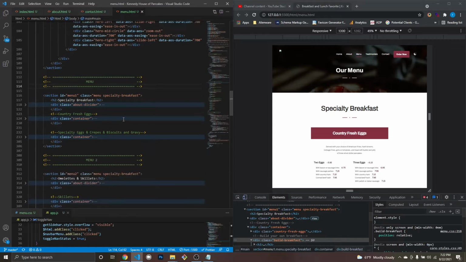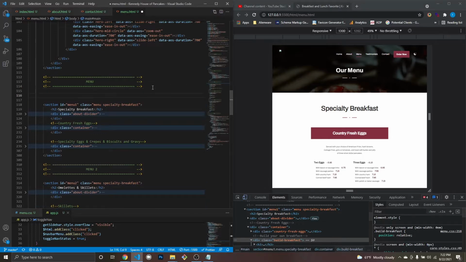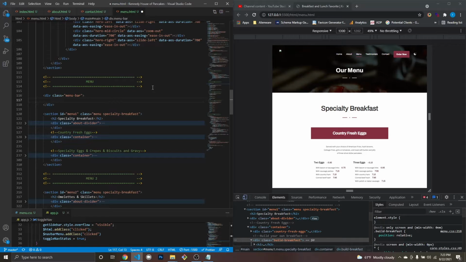So in this, I don't know if I want to put it. Do I want to put it in this section? No, I need to put it in its own thing. So I'm just going to do div dot, what do I want to call it? Menu bar, and then we're going to put